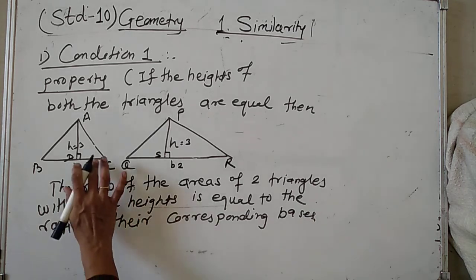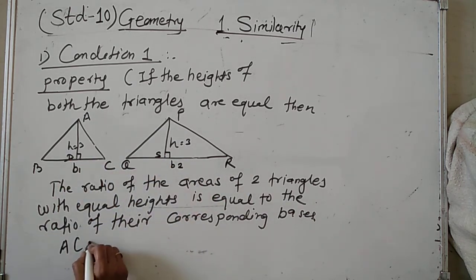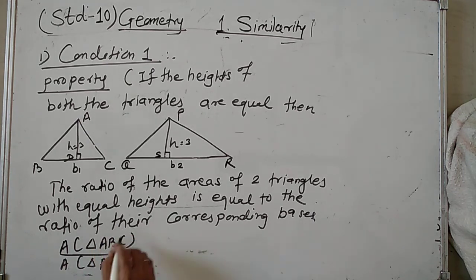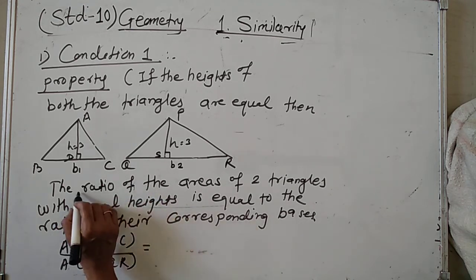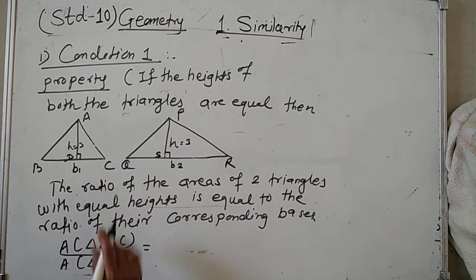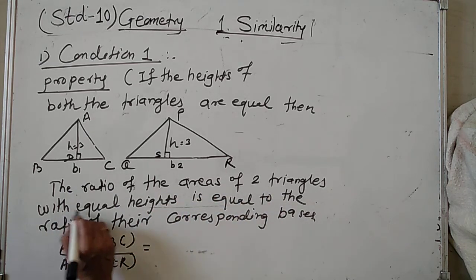That is, in these two triangles, the area of triangle ABC upon the area of triangle PQR is equal to the ratio of, see, the areas of two triangles with equal heights,